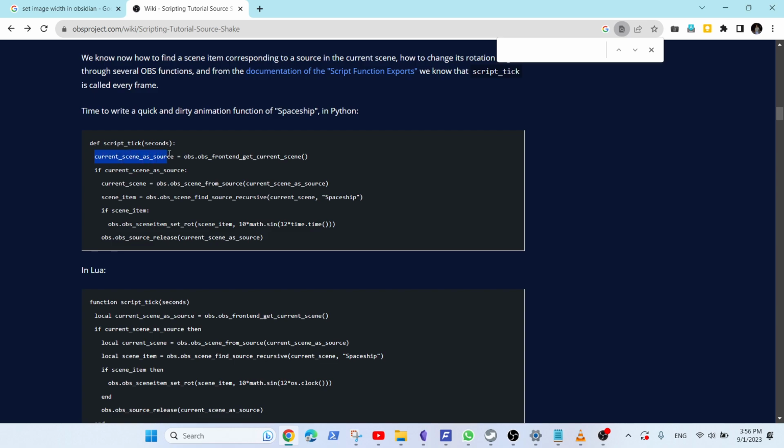Here we get the current scene by using the method OBS frontend get current scene. This is coming from the OBS module. This is the OBS class, and this is one of the methods. So we get the current scene, and if there's a current scene, that means if the result we got is true, then we are going to dig inside. Current scene is equal to OBS scene from source. Now we are going to use this function, and we are going to pass the object that we